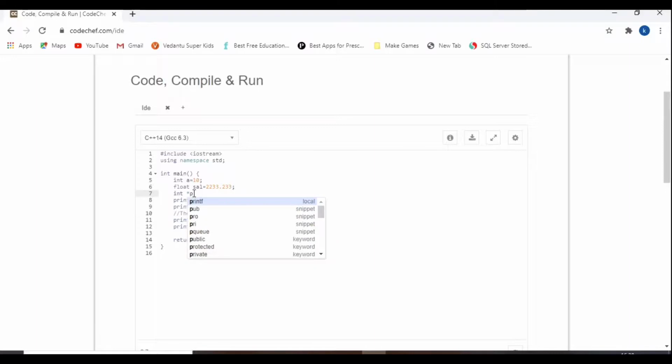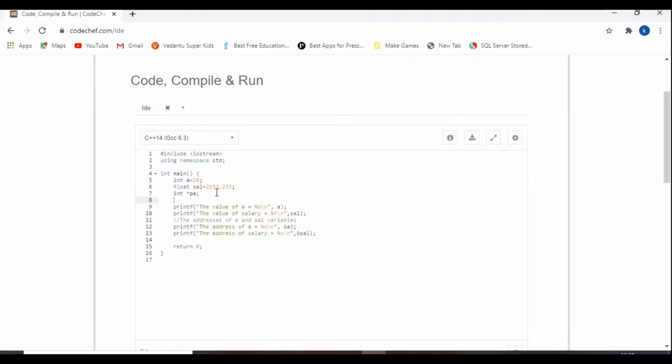So this pointer is for a variable, that's why I'm naming it pa. Star p sal. It is advisable to mention null for any pointer, so that it will be easy to denote that.